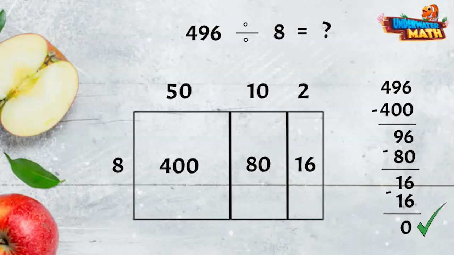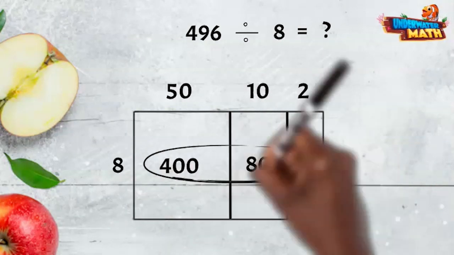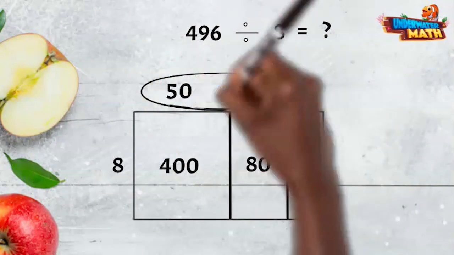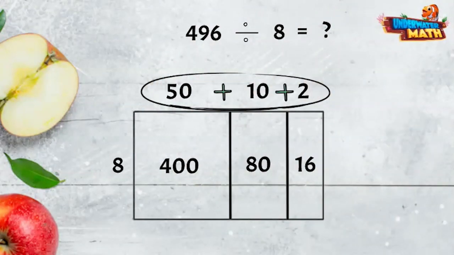To double check, I can add the numbers inside the model to make sure they add up to 496. Finally, to find our missing quotient, we can simply add these numbers together to make a final count of 62